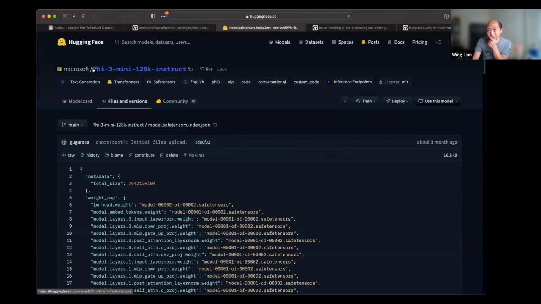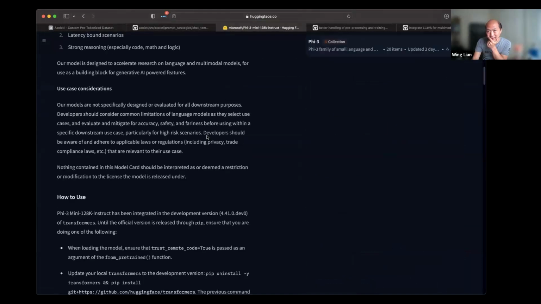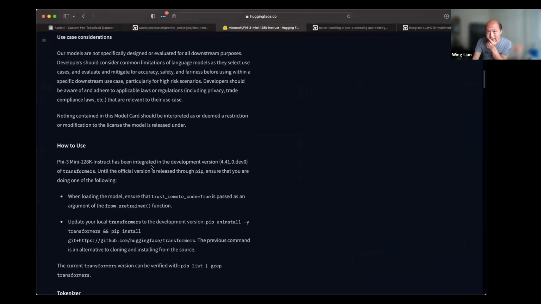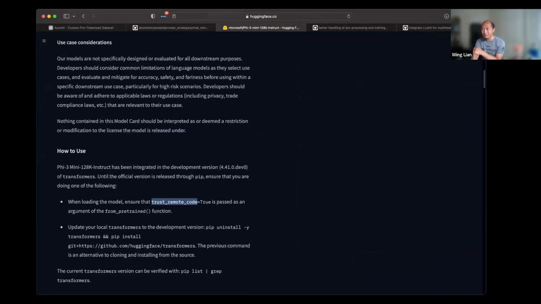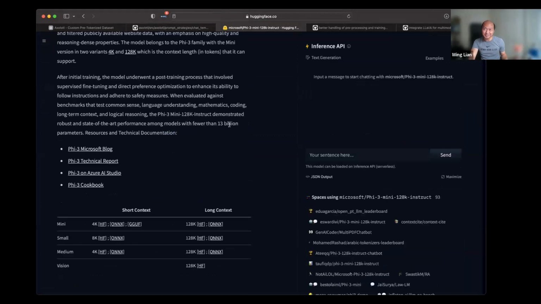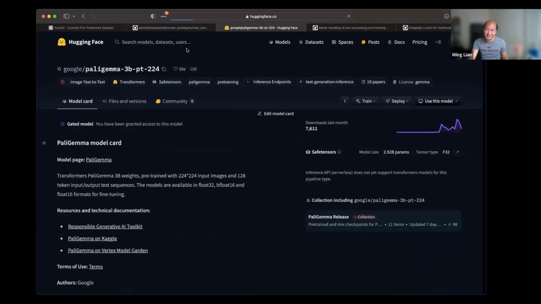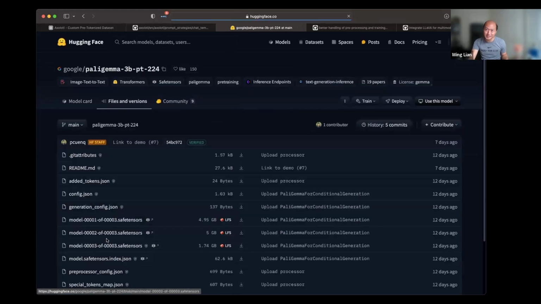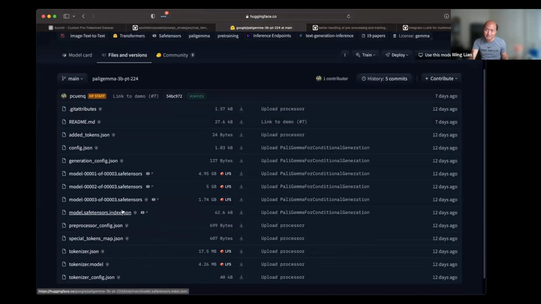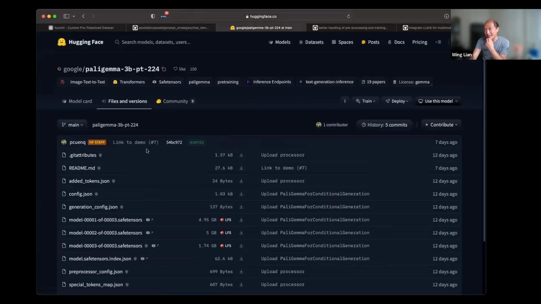I don't know if they've merged it into Hugging Face, or if it's waiting until the official version is released. So maybe you might have to set trust_remote_code to true in the YAML file to use Phi3. As far as PaliGemma, I haven't had time to use it, but I'm guessing it doesn't need trust remote code since there's nothing here for that. So I would just give that a try.